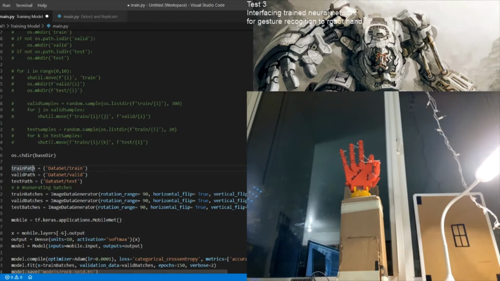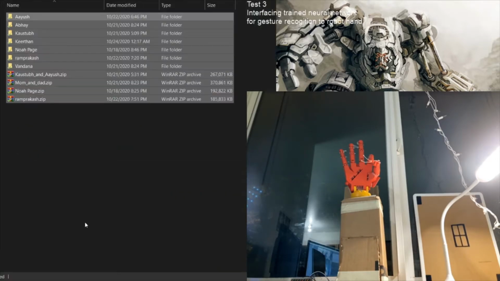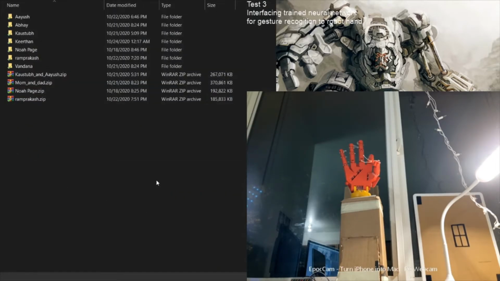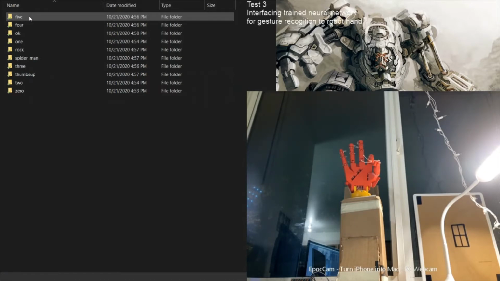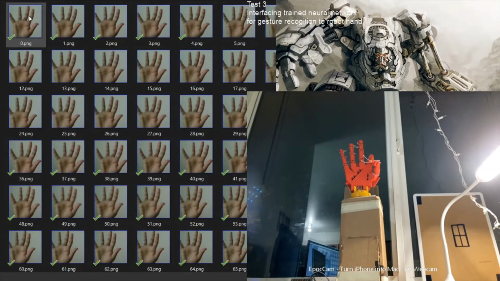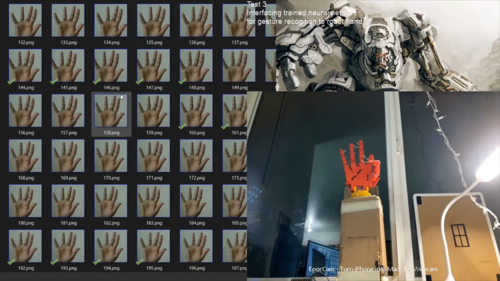So before going forward, I'll show you my data set. I've gathered data set from some friends of mine, my family, and some colleagues in the class. So I have around 8 people helping me with the data set. One person has in total 10 gestures, and each single gesture will have around 200 images.